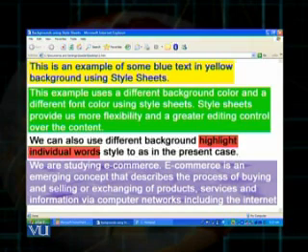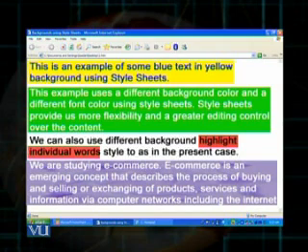So the sentence, this example uses a different background color and a different font color using style sheets. Style sheets provide more flexibility and a greater editing control over the content. All this information is therefore appearing before you in white.